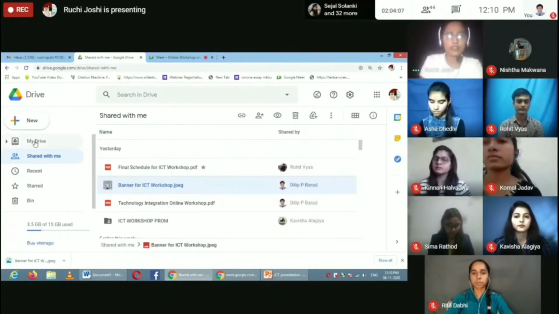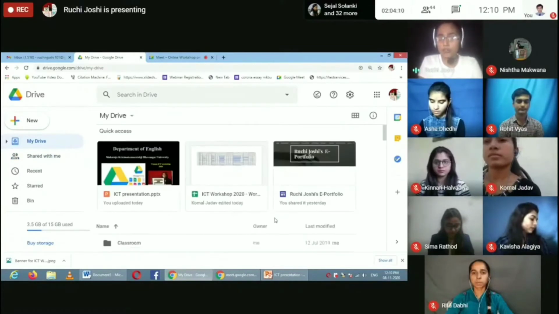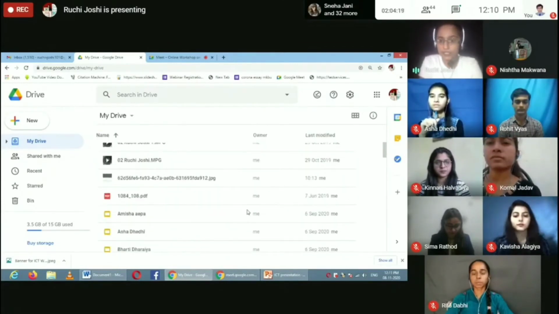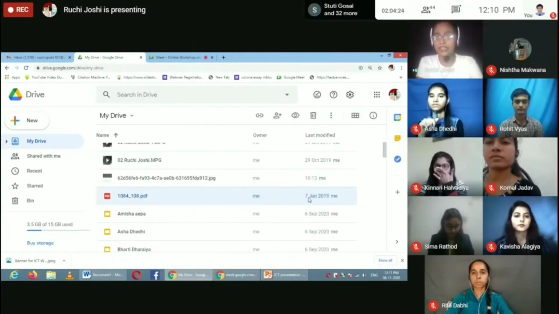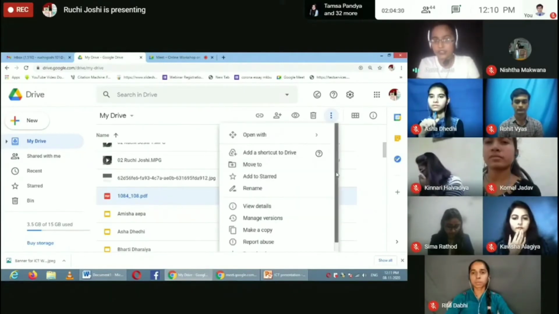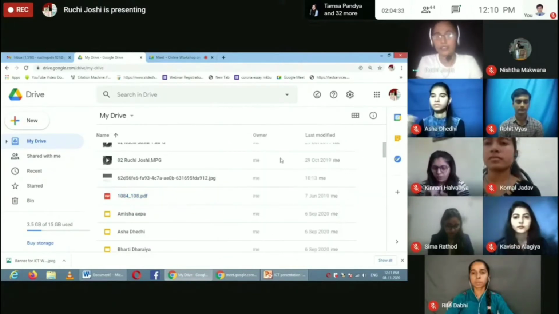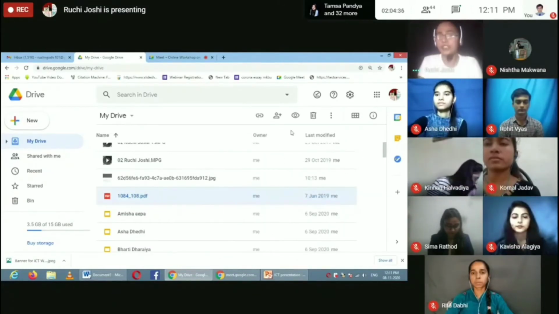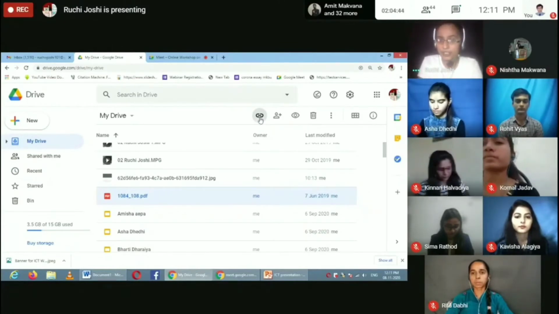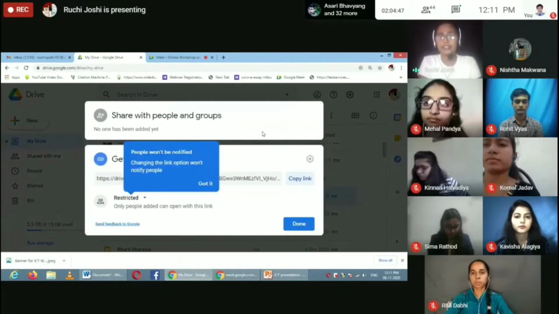The same way, to allow someone to edit the files, or to share links with others. So I am selecting this PDF file. Then we have to click on, just a second, sorry friends, selecting PDF file. Then if we go here, it gives us directly the link. So we can take the link directly from here. If we click here, the window will open.